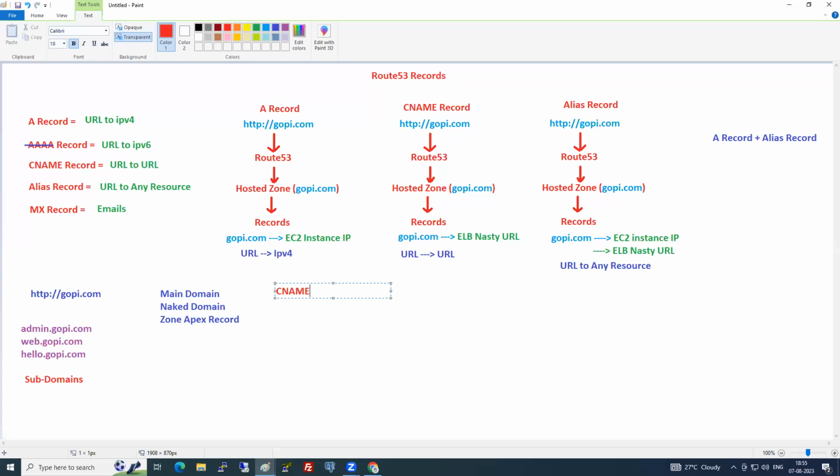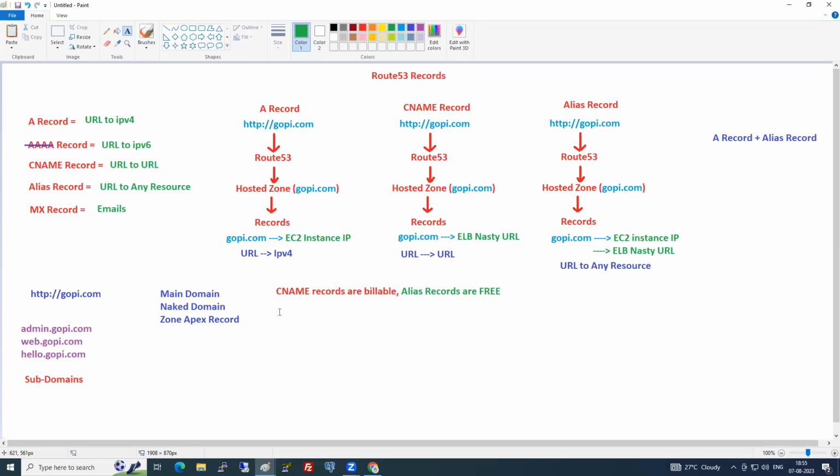CNAME records are billable, whereas alias records are free. Based on this, which one would you always select? Alias record. And there is one more problem with CNAME.